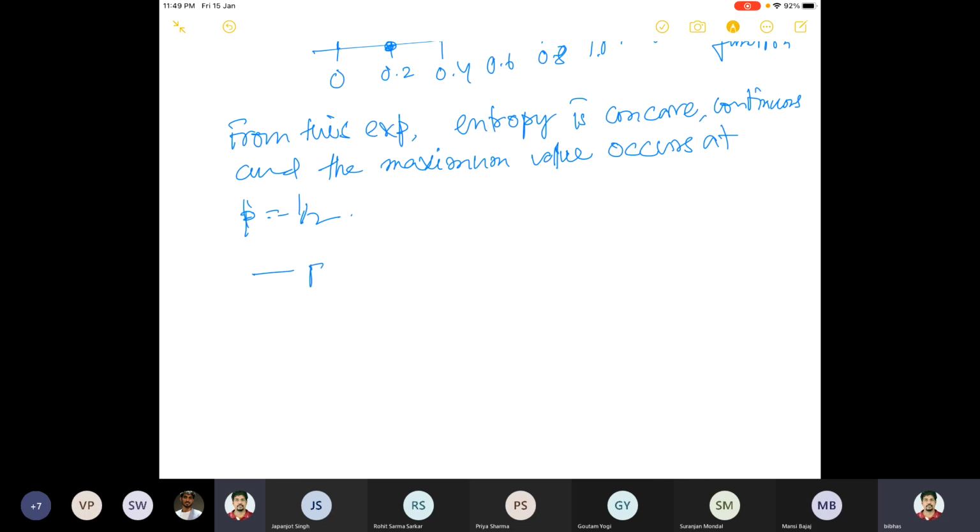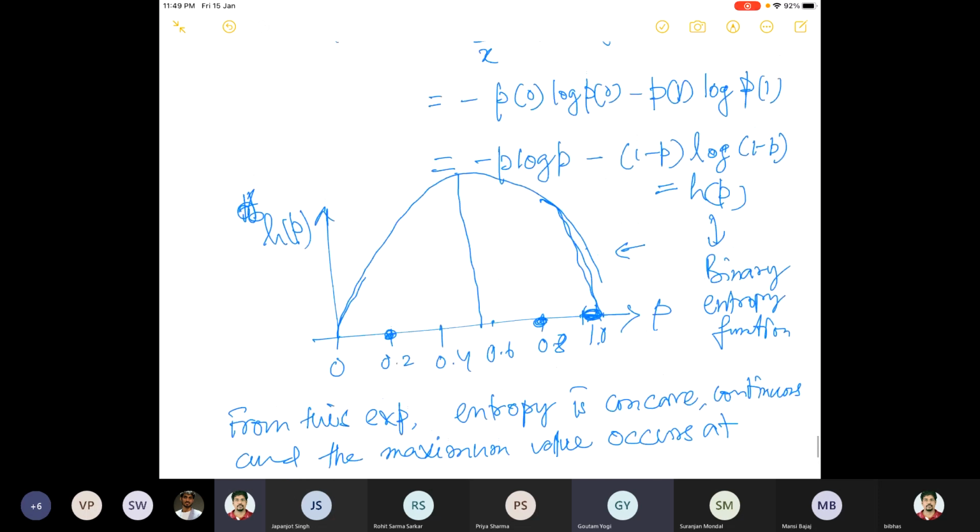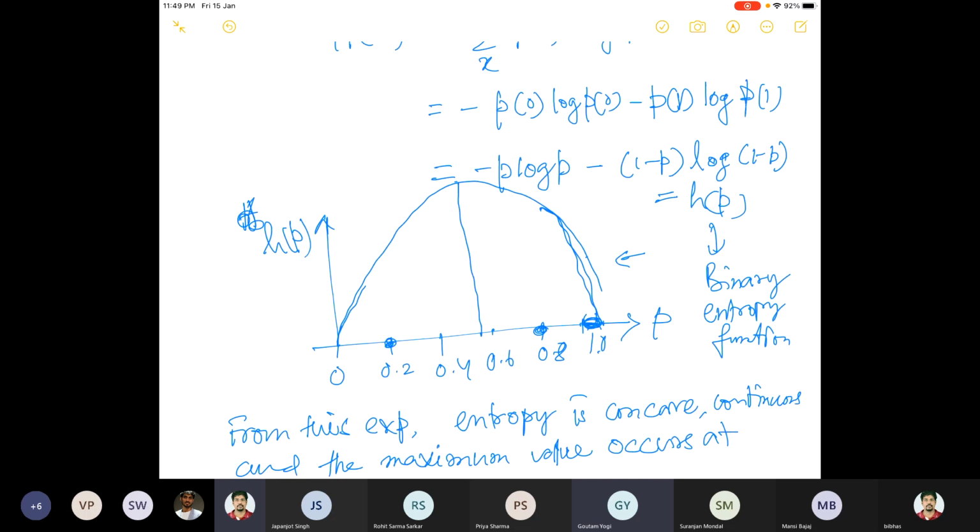So we talked about entropy of a random vector instead of a random variable. Sir, in the above example, does the random variable have a special name, like Bernoulli distribution? Yes, the distribution is Bernoulli, because there are only two outcomes, success or failure. So this particular random variable is a Bernoulli random variable. Yes, correct.